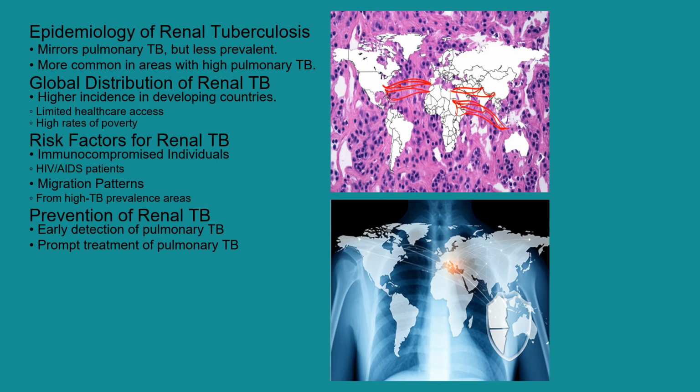disease. The epidemiology of renal TB mirrors that of pulmonary tuberculosis, but it's often less prevalent. Renal TB is more common in areas with a high burden of pulmonary TB globally. Developing countries with limited access to healthcare and high rates of poverty have a higher incidence of both pulmonary and renal TB. Individuals with weakened immune systems, such as those with HIV/AIDS, are at a significantly increased risk, regardless of geographic location. Migration patterns also play a role, as individuals from high TB prevalence areas may carry the infection to low prevalence areas. Early detection and treatment of pulmonary TB are crucial in preventing the spread and development of renal